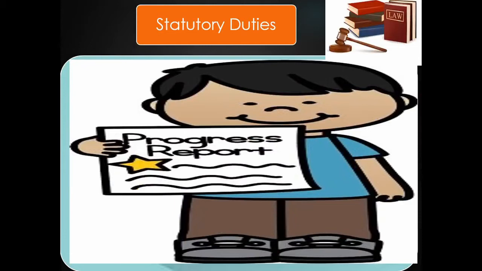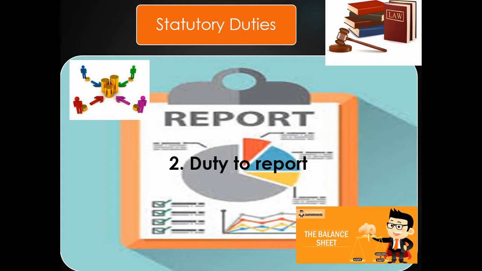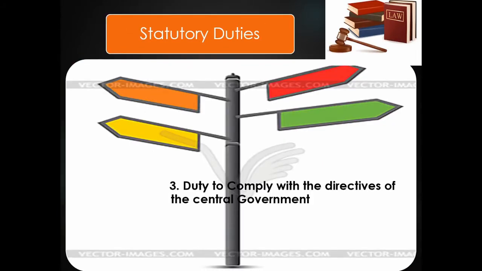And the second one regarding a report. Of course, it seems like a progress report of a child, wherein the progress report is sent to parents by the school. In the same manner, the company's progress report has to be sent to the shareholders who have invested their hard earned money in the company. He has to certify that the financial statements and the books of accounts maintained by the company are in a proper way.